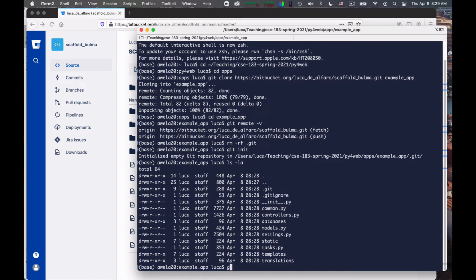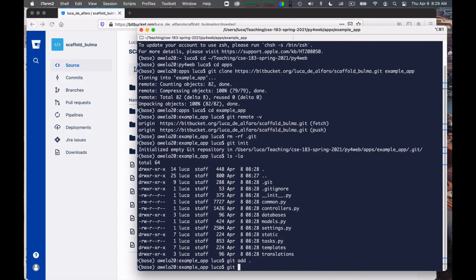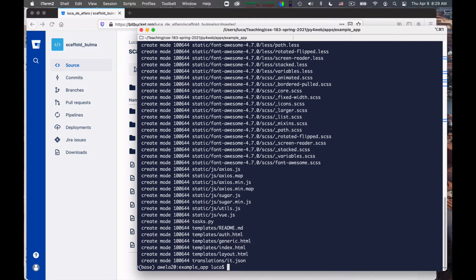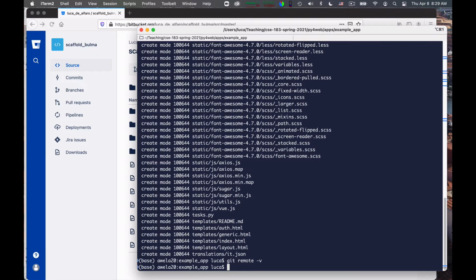So I can simply say git add everything. Okay, git commit, adding message is initial commit. Okay, and this adds everything to git locally. So if I do git remote verbose, it tells me that there is no remote repository.